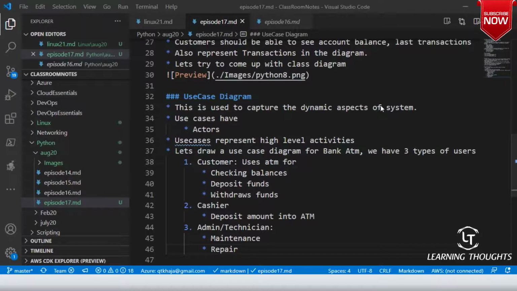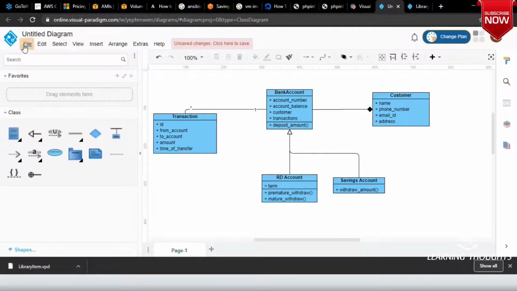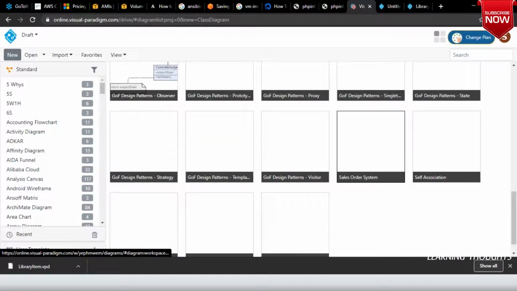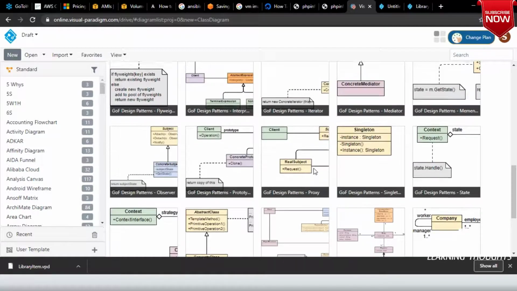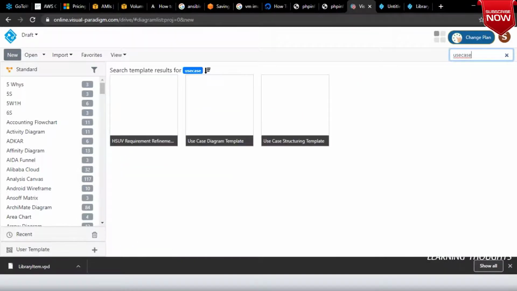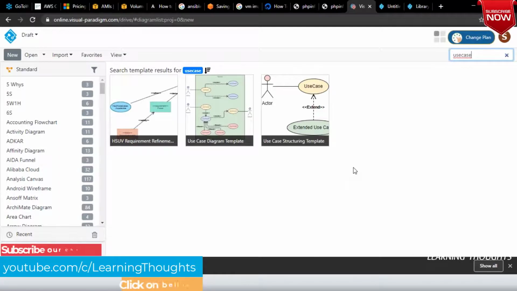Yeah, right. Now let us try to draw a UML diagram. File, new, and I'm interested in use case. So where is use case? Okay, there is a template.